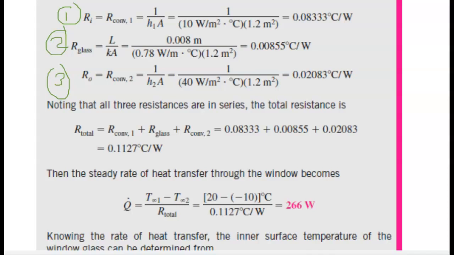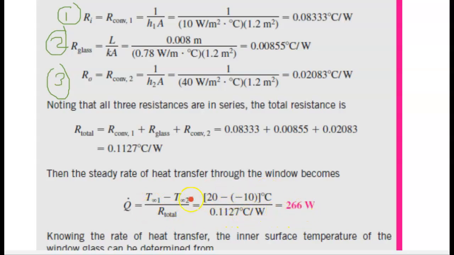Not in the wall, not inside the glass; it's inside the room and outside the room, not of the glass. So the temperature inside the house is 20 and outside the house is minus 10. So 20 minus minus 10 gives you 30, and the R total is 0.112, and that will